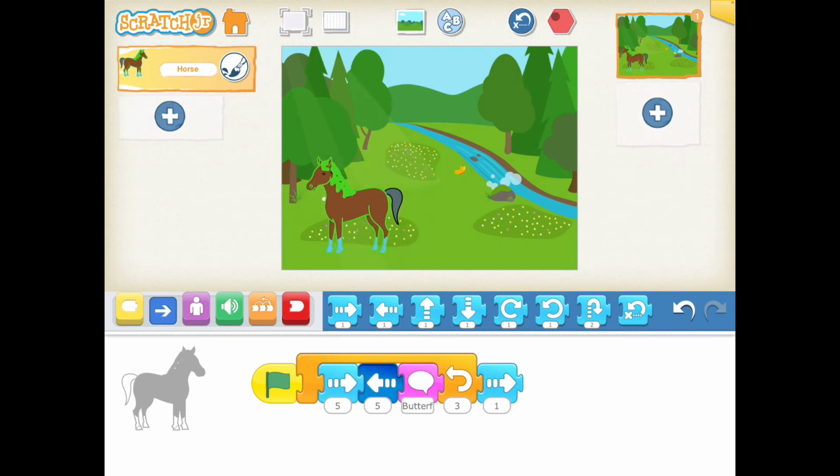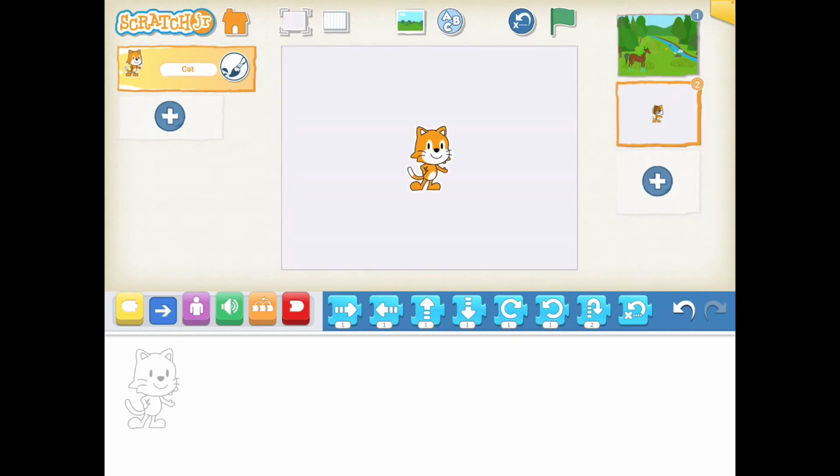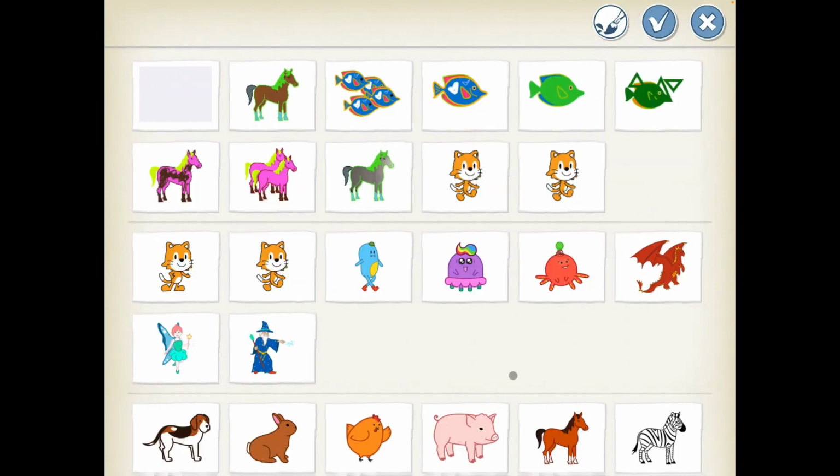Butterfly, butterfly. I am going to add another scene by pressing this plus button here. This is the default cat that I don't need right now. I will X him out by pressing down on him, and then pick my character, the butterfly,